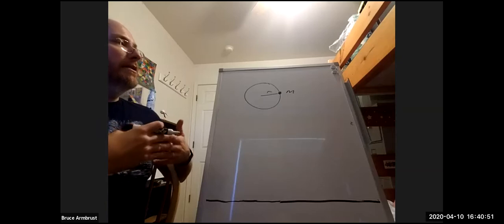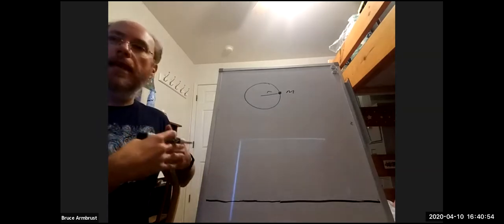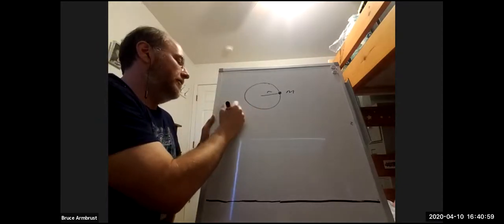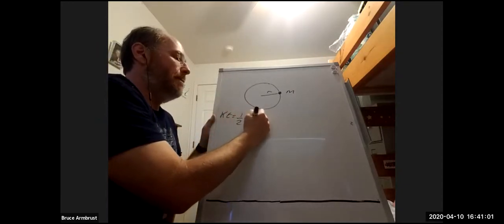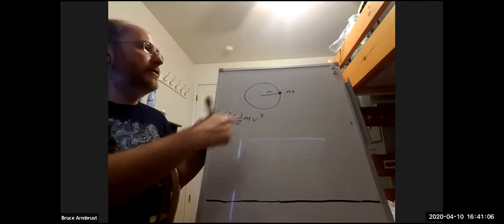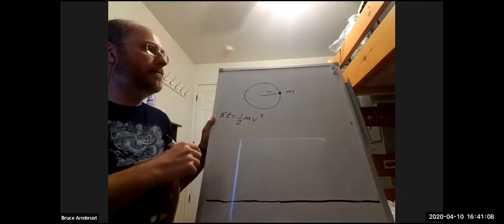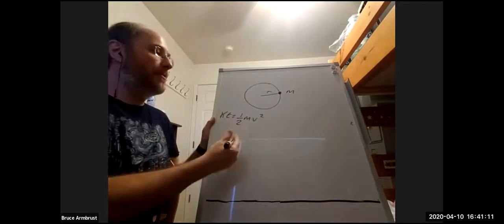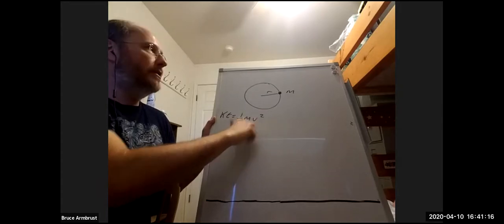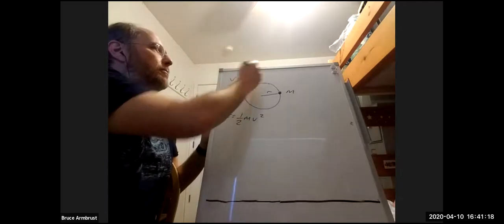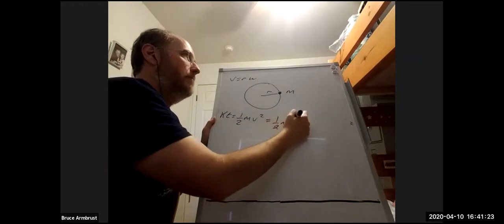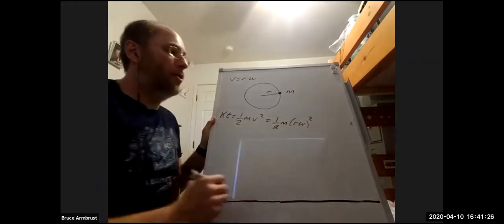And what I'd really like to do is figure out what kind of kinetic energy it's got. We know kinetic energy is just good old 1/2 mv squared. So what we really need to know is how fast this thing is traveling. Well, you may remember there was a way to relate velocity to these angular quantities. We had v equals r omega. Let's put that in here. So we're going to get 1/2 m times r omega squared,